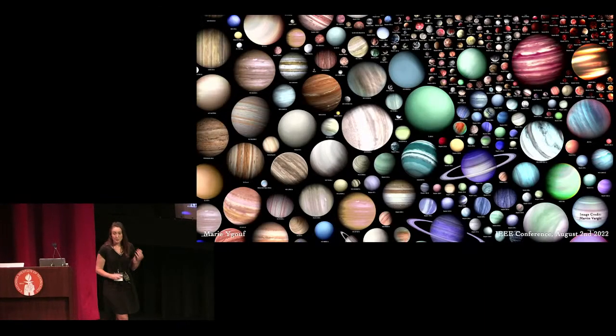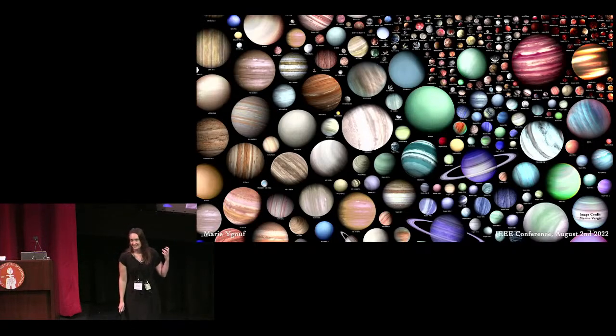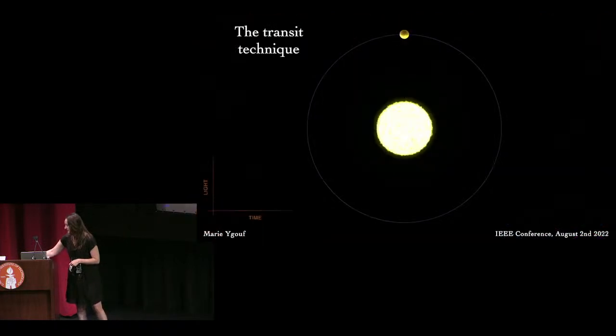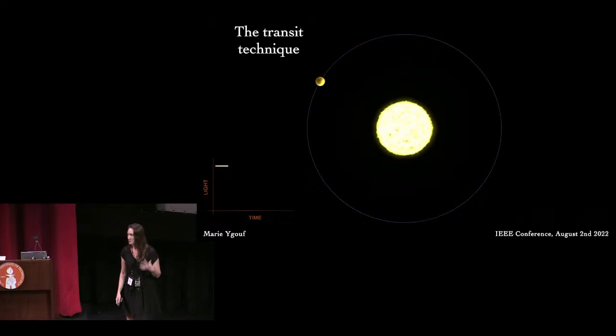So exoplanets are planets that orbit around other stars than our Sun. And as you can see on this very nice illustration, the exoplanets can be very diverse. And you can imagine that to detect and characterize this diverse population of exoplanets, you're going to need complementary techniques to do that. And among those techniques, you may have heard of the transit technique, one of the most famous techniques,